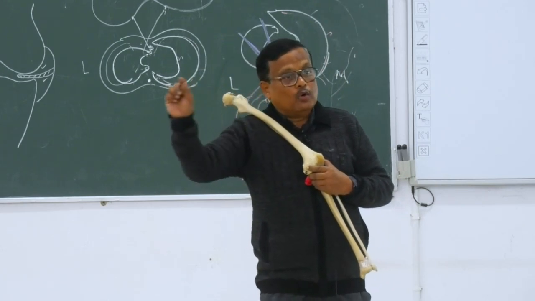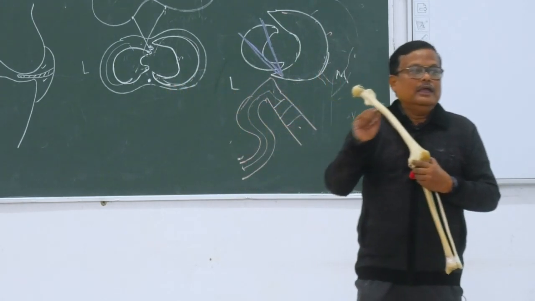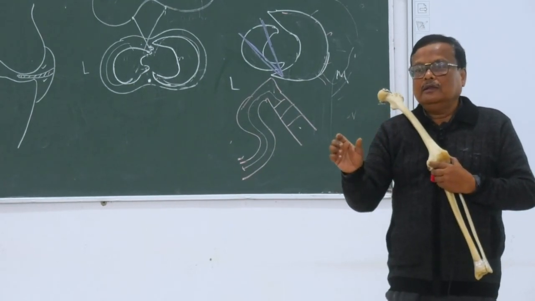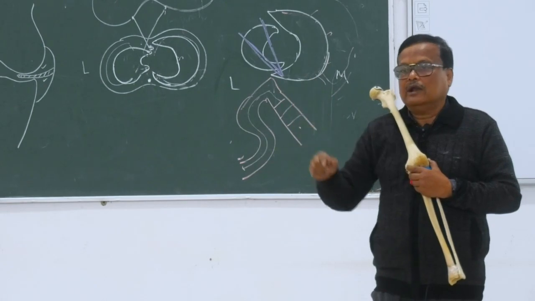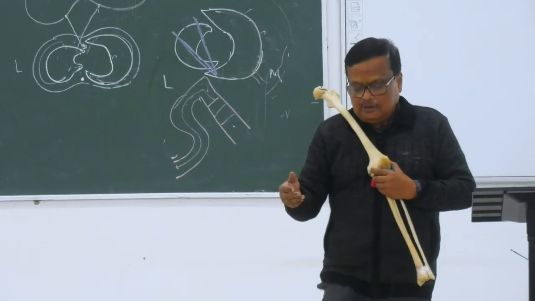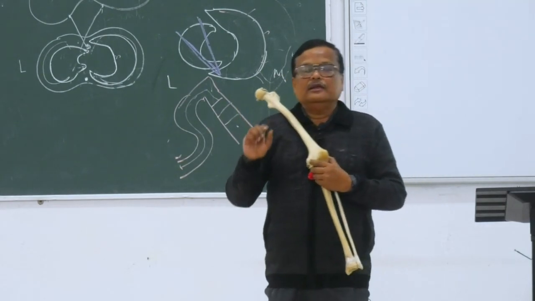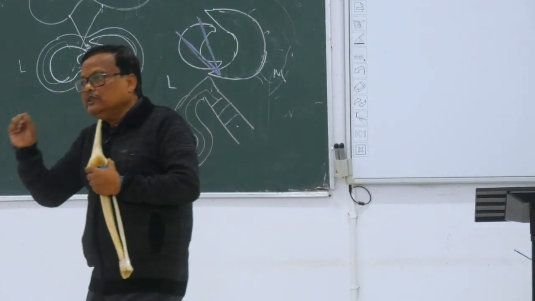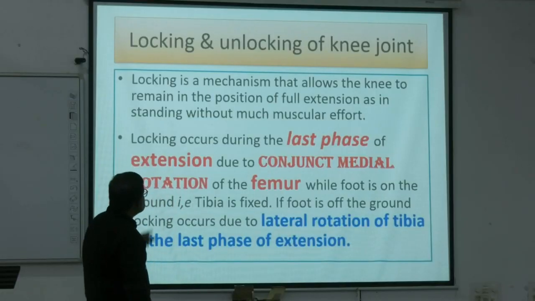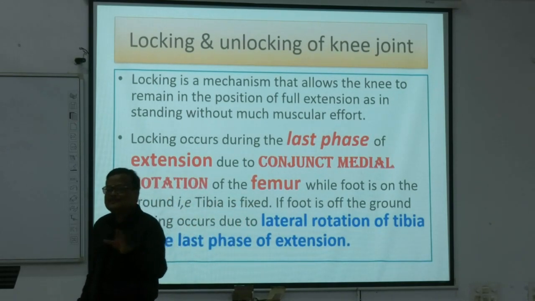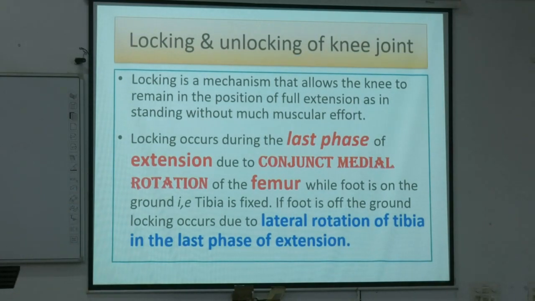And last এ বড় করে লিখবে, আন্ডারলাইন করবে, this movement occurs only when tibia is off the ground. OFF, off মানে কি? এই। আর লাস্ট আরেকটা লাইন লিখবে, when tibia is on the ground. Locking occurs during the last phase of extension due to conjunct medial rotation of the femur when foot is on the ground. এইটা যেটা বললাম জাস্ট ভুল, তার জন্য আমার গন্ডগোল হচ্ছে।